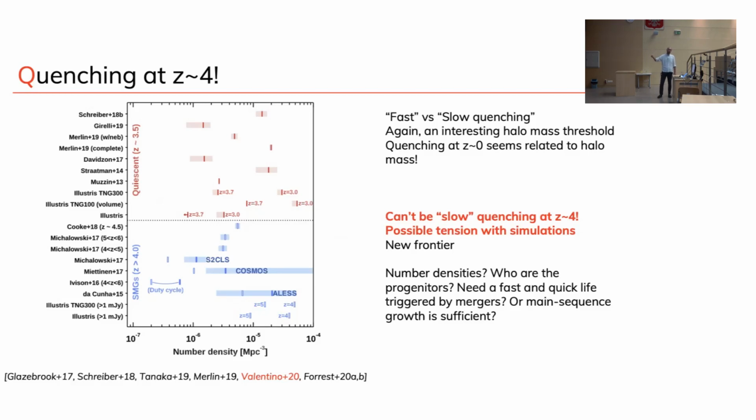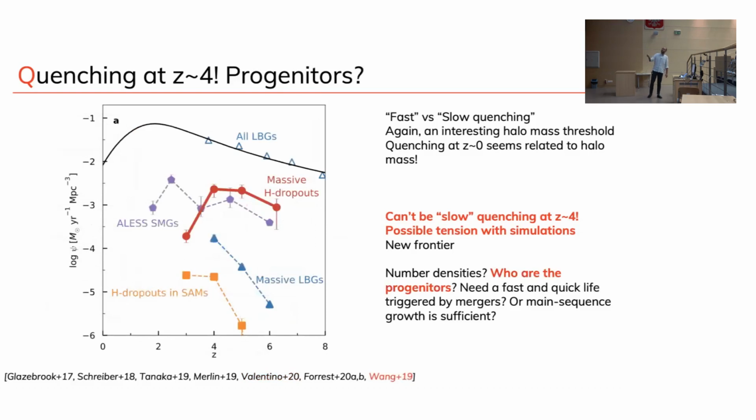that you have very few SMGs compared to the number of quiescent objects. And in order to connect the two, you would have to assume quite some big correction factors. You would have to assume a duty cycle, which is a few million years. So actually, there might be a need to look for more typical galaxies, main sequence galaxies, that then turn out to be quiescent in order. Good news that there are some good candidates.